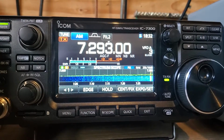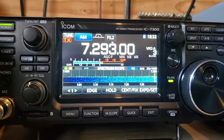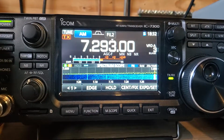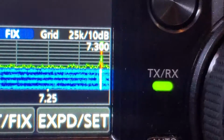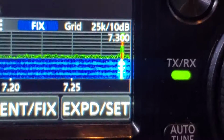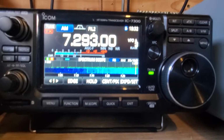Certainly good, we can copy one another. But I doubt if we hear one another right now. I made a few contacts on 17 while I was out hunting. And I was doing something the other... Oh, I know. Speaking of antennas, I was out playing around with my